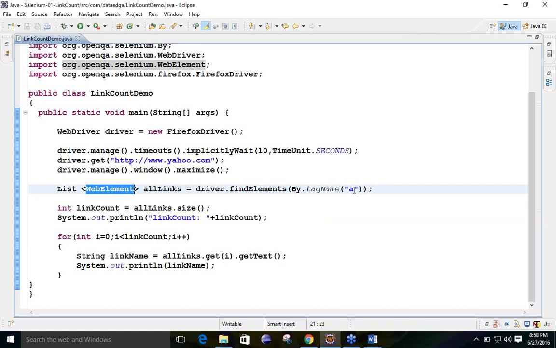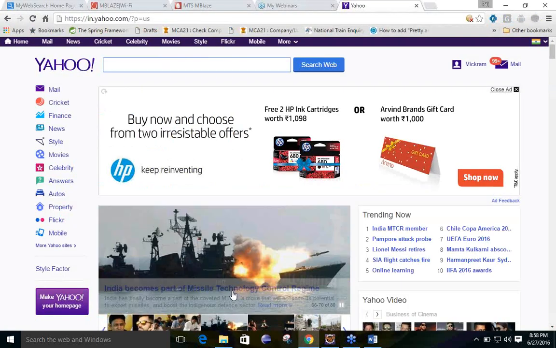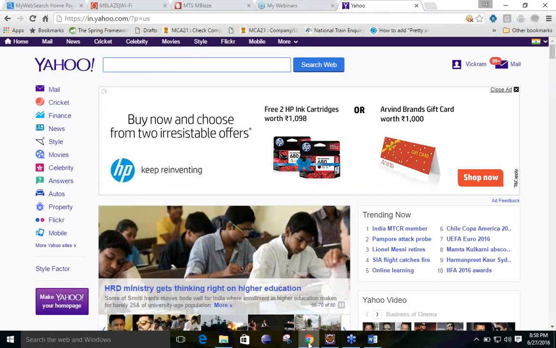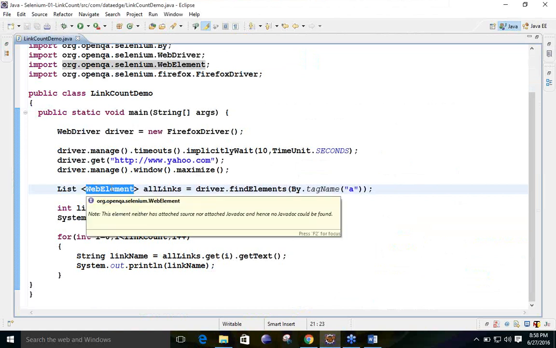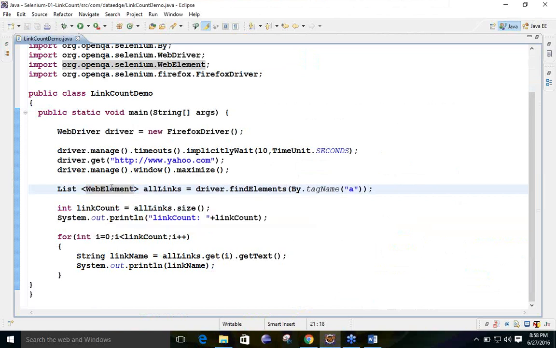And what is this? This is the web element. The element from any web page is known as a web element. So we have made this list more generalized, telling that this list will always take only web elements, it is not going to take anything else.